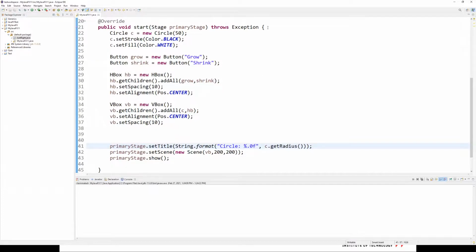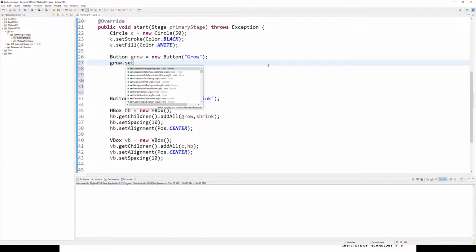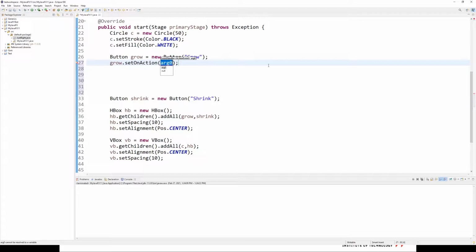All right. Now let's add the interaction to the buttons, and I'm just going to put it right after I create the button. So I'm going to put the interaction for grow right here. I'm going to say grow.setOnAction. And I'm going to use an anonymous class for both of these rather than a Lambda function. But again, you could use a Lambda function here. It wouldn't be too much trouble. So I'm going to create a new event handler,